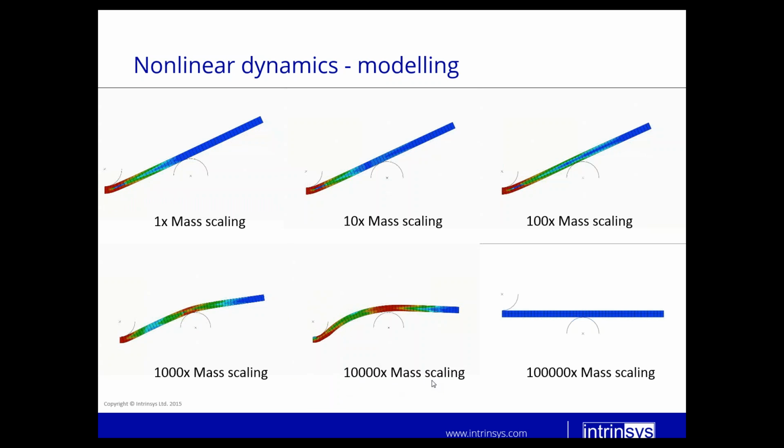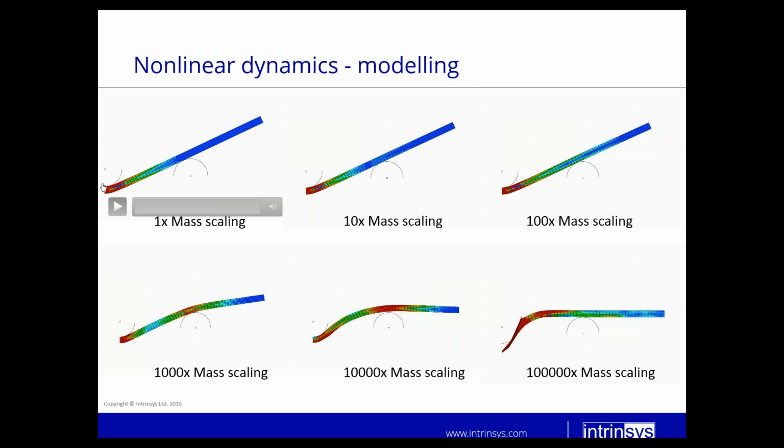The more we increase the mass scaling, the more the inertia effects become dominant. So this is obviously a very high mass, and at 100,000 times the results are just completely useless, and this is something you should definitely avoid. So just to see again,